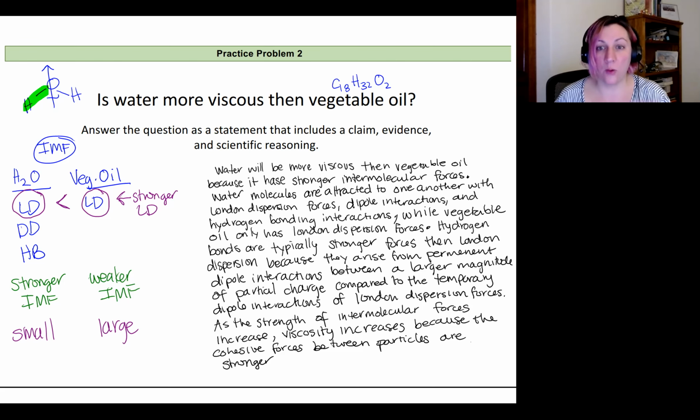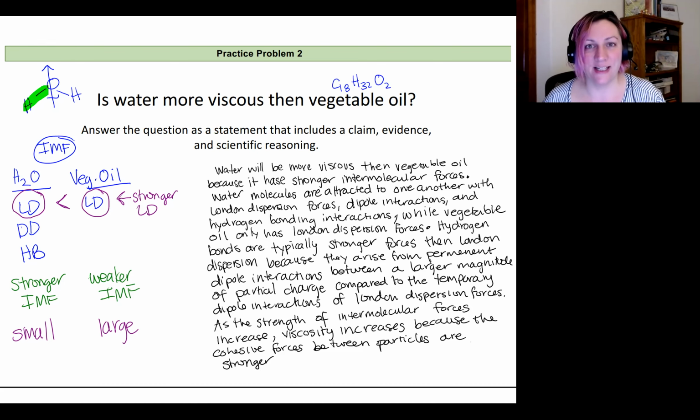Okay, so right there, that's the opinion. That's the direct answer to the question of which is more viscous, water or vegetable oil. And I always lead with that, especially in science journals and scientific writing. We don't want to build up to our claim. So usually, when you tell a joke, you kind of build up, and then you have the punchline at the end, and everyone laughs. Scientists are boring. We don't want to build up to a clever punchline. We want the punchline right at the very beginning, very clear, so that way we can skim your paper